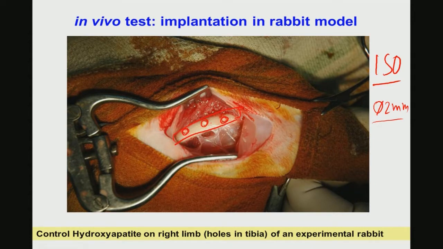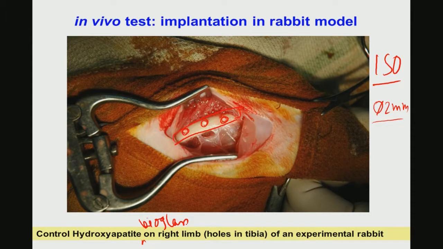All those things you do, and then after the desired time period you can sacrifice the animal as approved by the institutional animal ethical committee. So this shows that one can do this in the hydroxyapatite bioglass. So this is that, and in every animal